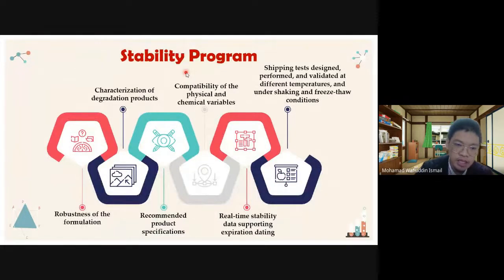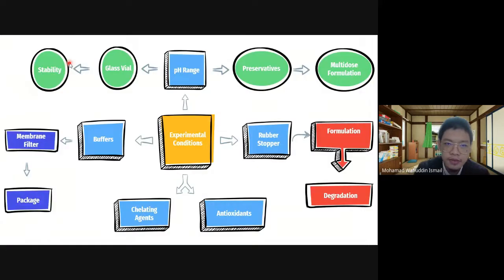And then afterwards, after we have done with the formulation, any other characterization of the formulation that we prepared. So this kind of stability program is to ensure that it can be delivered specifically towards the patient without any problem, and we can deliver as much as important about our formulation towards our system, towards our patient.